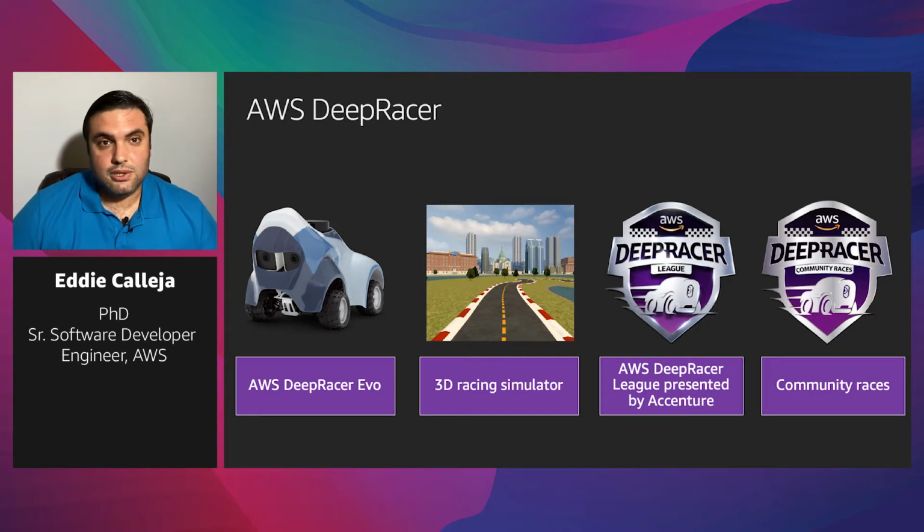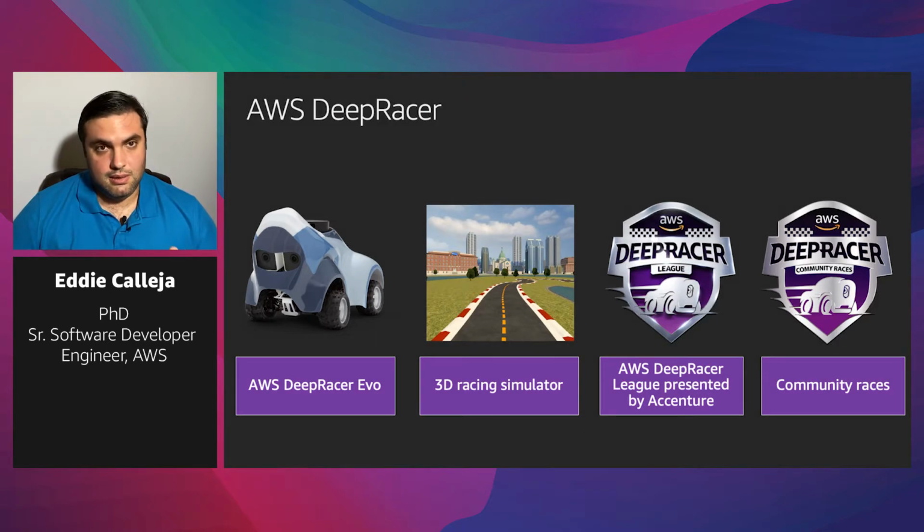So we initially just started off by saying, hey, who has the fastest model? And in 2019, we released the DeepRacer League, where developers were now seeing who could bring the fastest models, because we really wanted to bring that to you, the customers. And this past re:Invent in 2019, we added community races because, as you're going to see in a second,